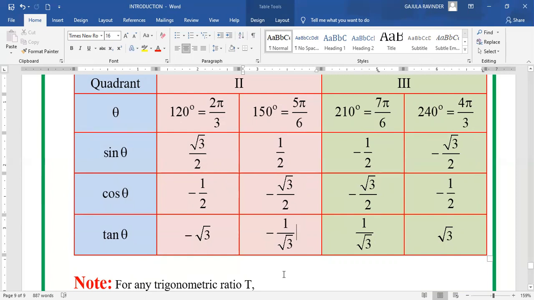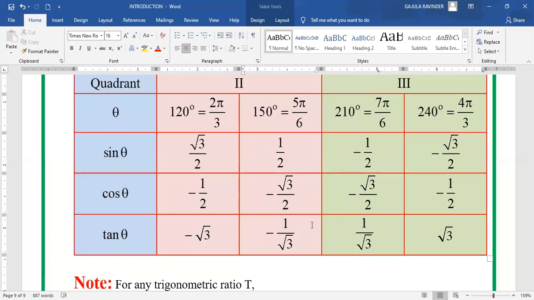Whether it is close to 360 degrees or close to 180 degrees, the value will be taken accordingly, and the sign will be taken according to the quadrant. Like that, you can define the trigonometric ratios of angles in a complete rotation, other than what we have seen. 45, 135, 225, which are the middles of the quadrants, will be easily known.